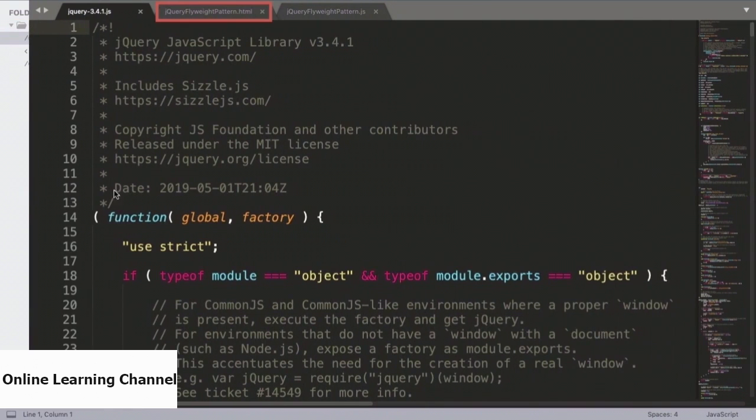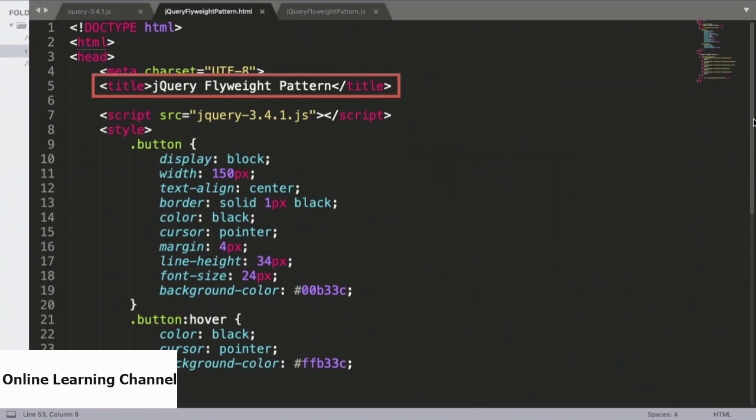I'll now switch over to the HTML code for this particular demo. In this demo, we'll see how we use the flyweight pattern to optimize event handling. It's often the case when we build up web user interfaces that we have a number of components that are very similar. You might have 4 or 5 buttons which perform similar actions with just a few differences that can